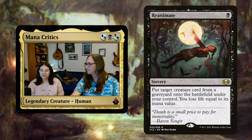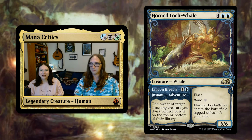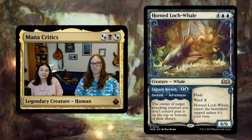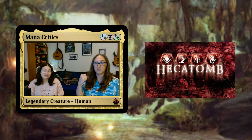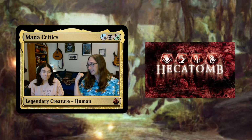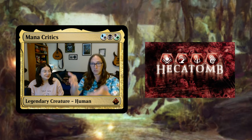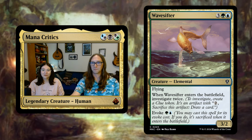He does a lot of really good stuff, and a lot of it just has a kind of spooky tinge to it, even if it's not a particularly spooky looking card or a set that is heavily spooky themed. And that's clearly why he got in via Hecatomb, because Hecatomb is dark as anything. He came and did that, and then had the in at Wizards and was able to give us all this beautiful work. If you aren't sure who Nils Hamm is, you will probably recognize his work from...